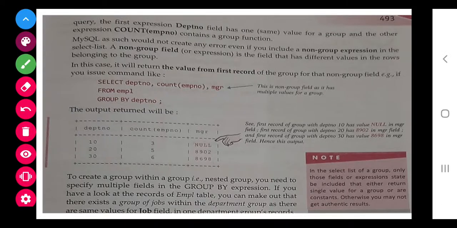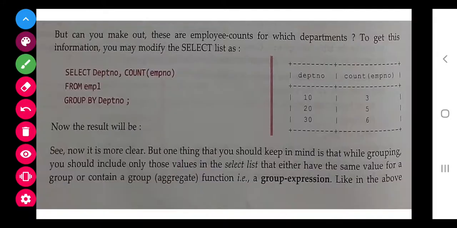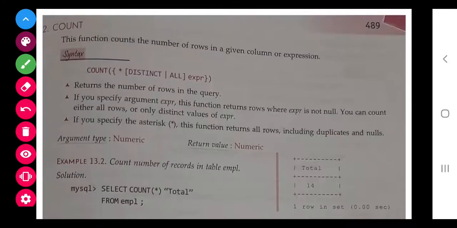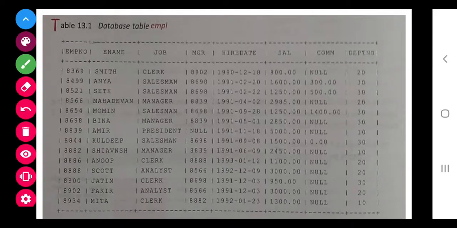Next, class, they have given MGR. This is a non-group field as it has multiple values in the group. So in this also, MGR is another thing added. Now we have to view that table again. Yes, MGR is there.